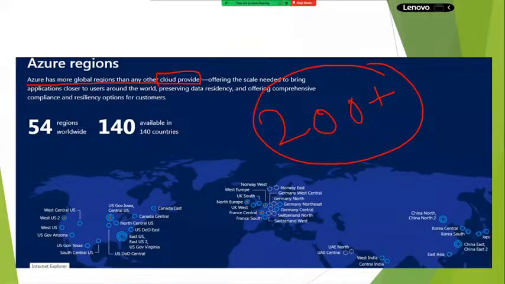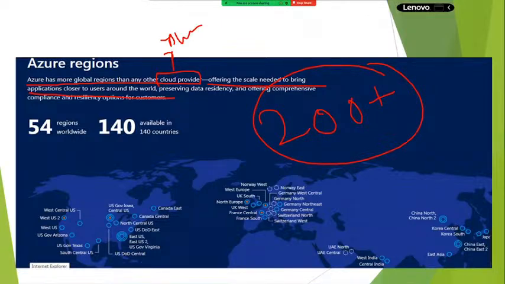It is offering scalability. Bring your application closer to customers. In the sense, we can provide better performance and better service. If any service is down in our local data center, they can fix it on an immediate basis.